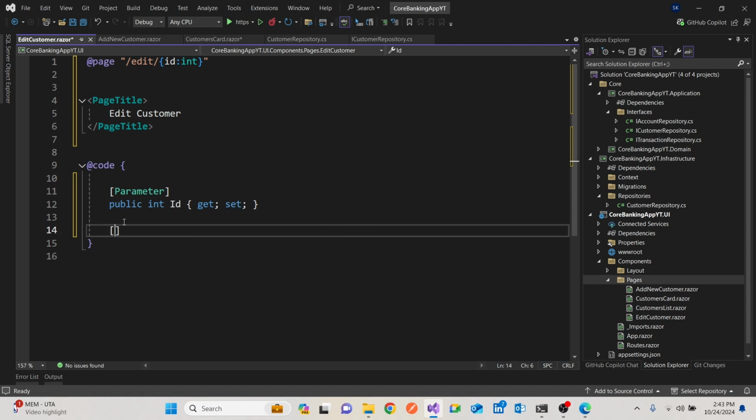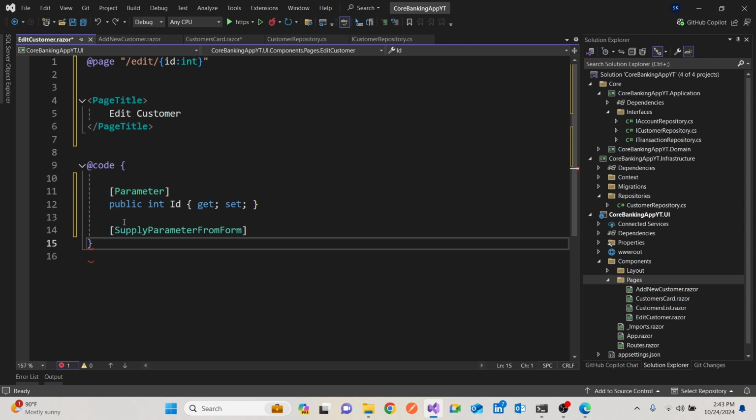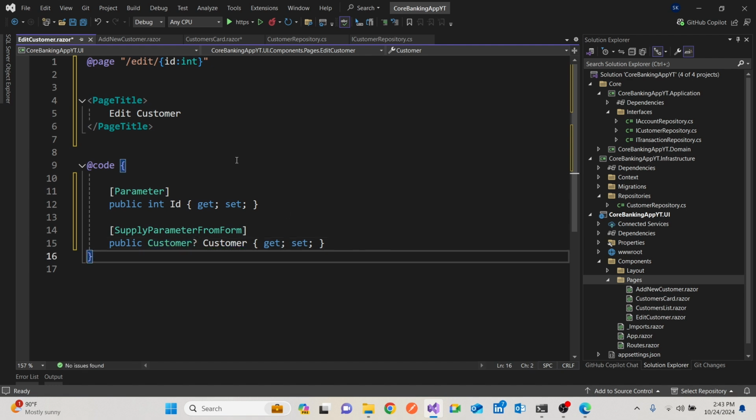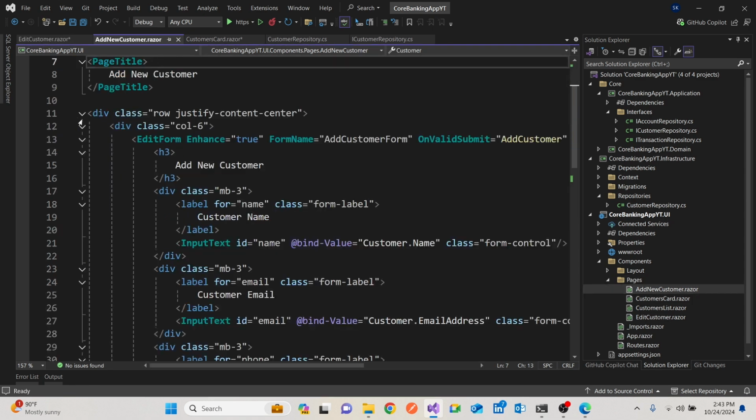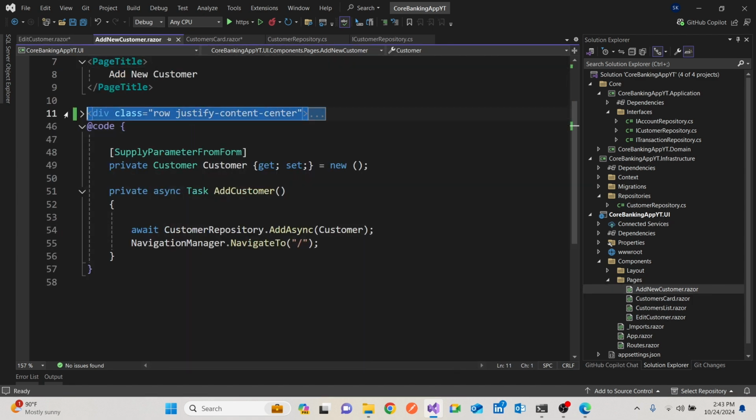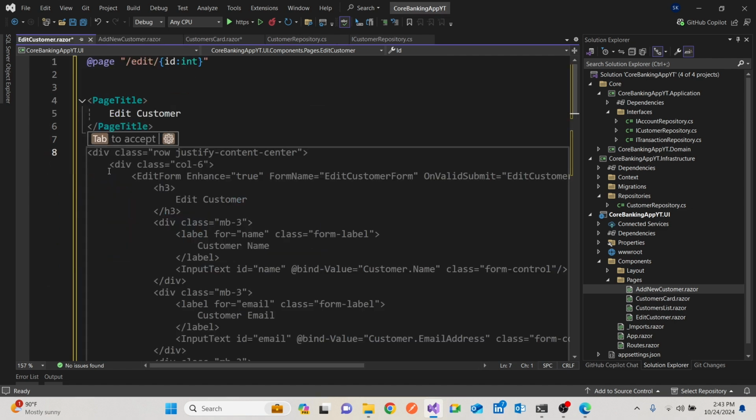And we also need to have, since to edit you need an edit form, we need to also supply parameters from the form. So supply parameter from form, and that would be a public customer, but we don't want it to be a new customer. I'll just make it nullable there, like so. And you will notice that the edit and the add forms are pretty much the same. So what I'll do is I'll just drop that, copy this,